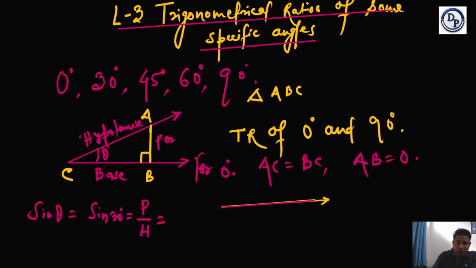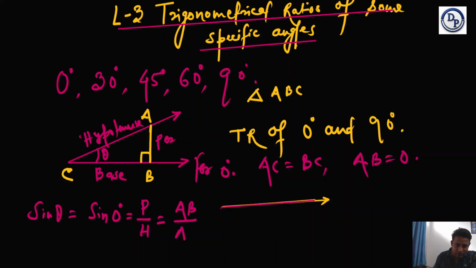And here we do not consider the angle as 30 degrees, but we consider the angle as 0 degrees. Because we're talking about 0 degrees. So now sine theta, that is sine 0, equals P by H. We know what P is. In this case, earlier the P was AB